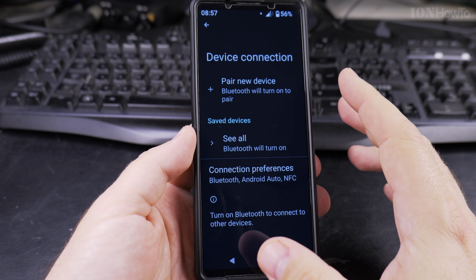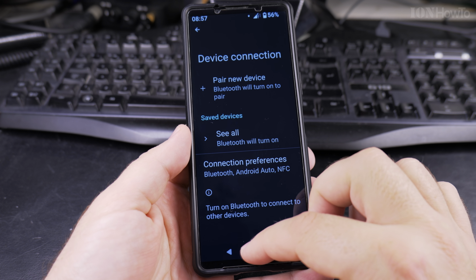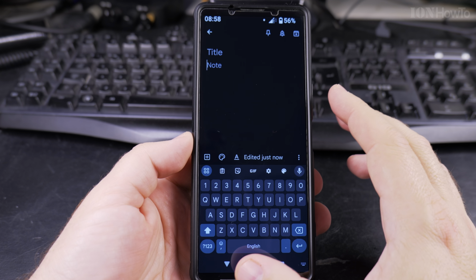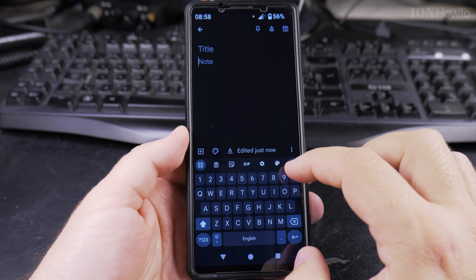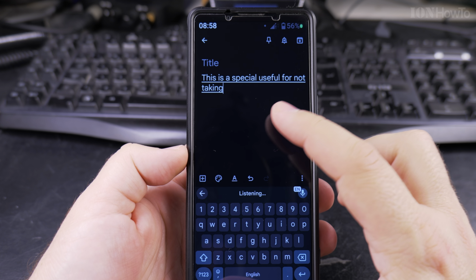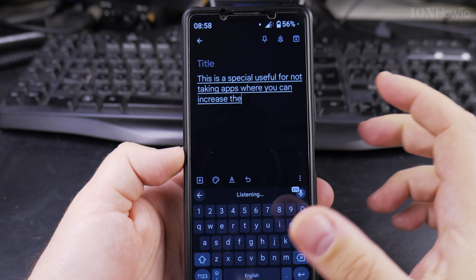So if you want the text to be larger, this is how you do it. It might help you, it might not. This is especially useful for note-taking apps where you can increase the font size like this,